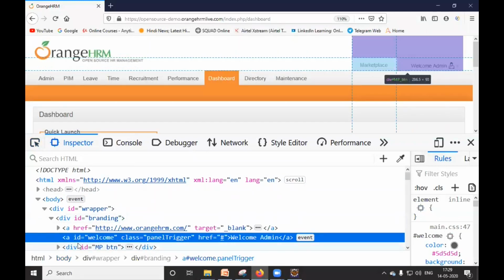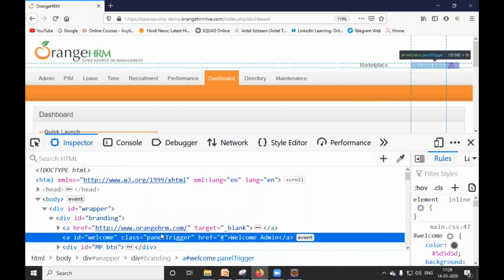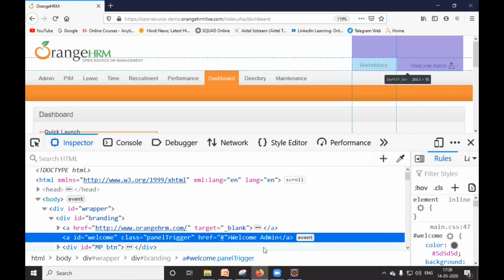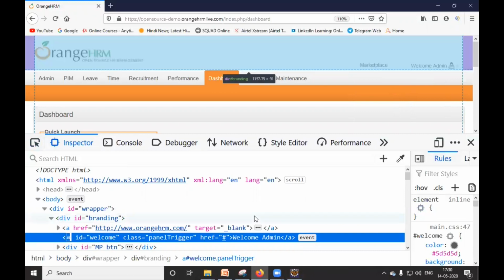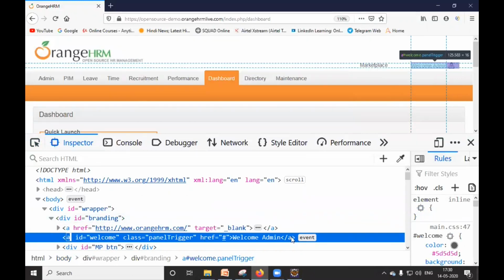Welcome admin has ID also, class also, and one more thing, which is link text. Whenever you see the tag name as a, it is also going to have the ending tag. So the ending tag is this, and just before ending it has some text. This is called link text. But here I will not use link text. Here I am going to use a class.